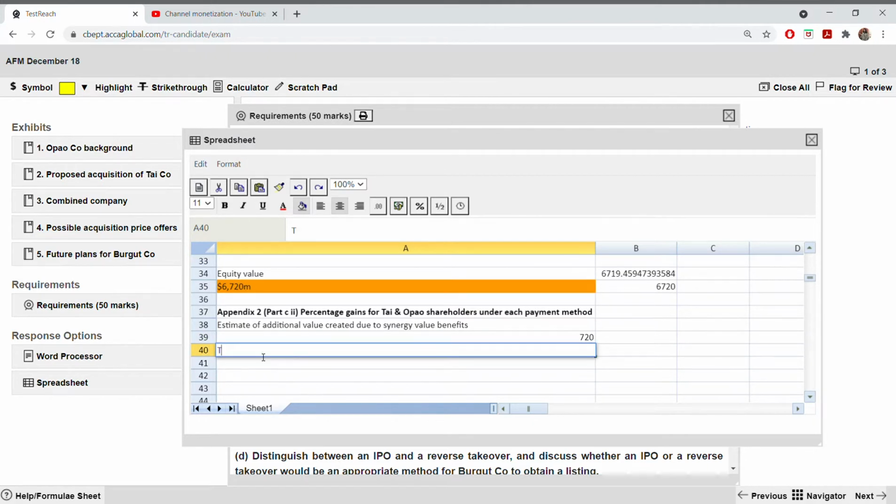Now we have not been given the share value, the share price of Thai company. We need to find it out. We can, because we know the equity value and the number of shares. So the Thai company value per share: what was the total number of shares? The equity value was 1,000 divided by the number of shares. In Exhibit 2, under Thai company, they have told us in the beginning that it is 263 shares. So just put that in and you will get